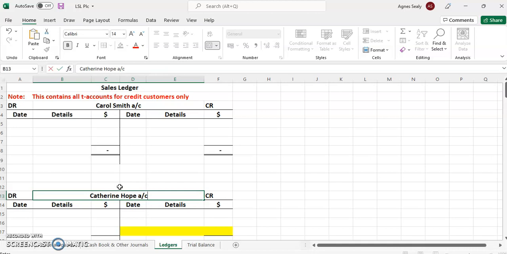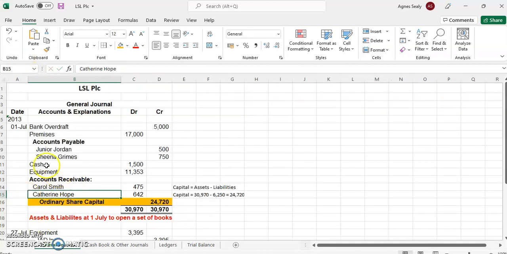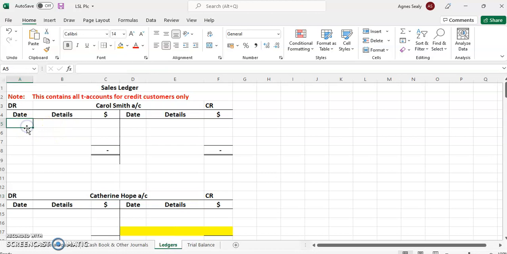And then what we are going to do with these accounts is that the first thing, just like cash and bank, where we recorded the opening balance for cash and bank in the cash book, we are going to record the opening balance for Carol Smith and Catherine Hope, because this is the amount that they would have owed LSL Plc at the beginning of July. So you want to show in their account the amount that they had owed. So that would be